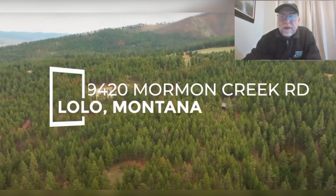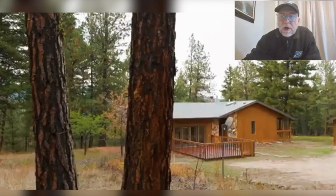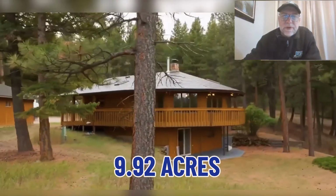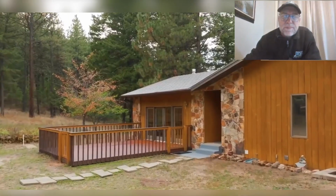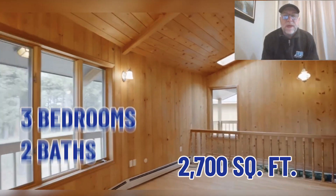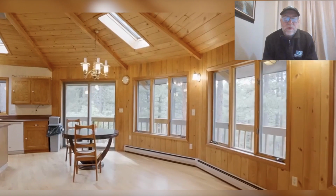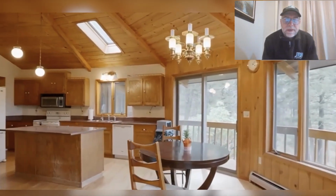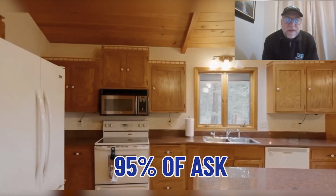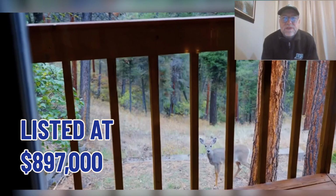We're taking a look here at a property on Mormon Creek Road that we just closed on. It is 9.92 acres, very typical of a home that you'll see in this part of Mormon Creek. It was a 2,700 square foot, 3-bed, 2-bath home. It had a dry guest cabin, and it sold for 95% of ask. It was listed at $897,000, and it sold for